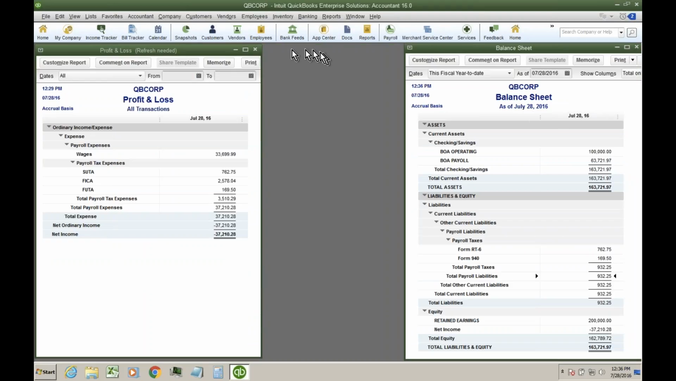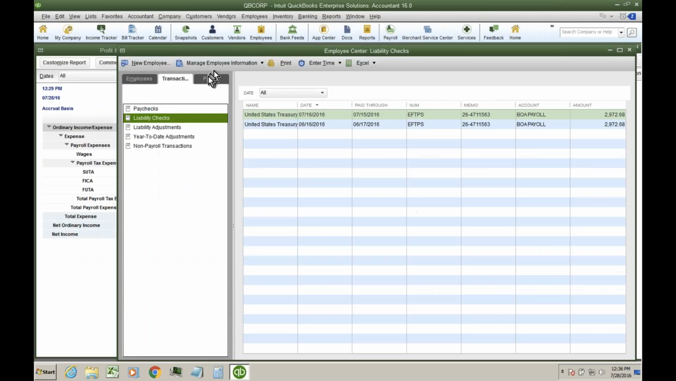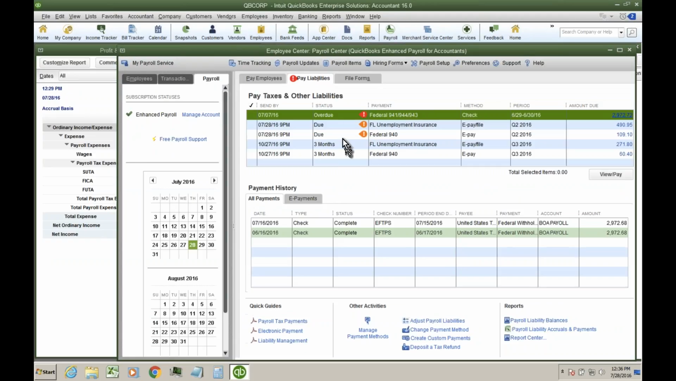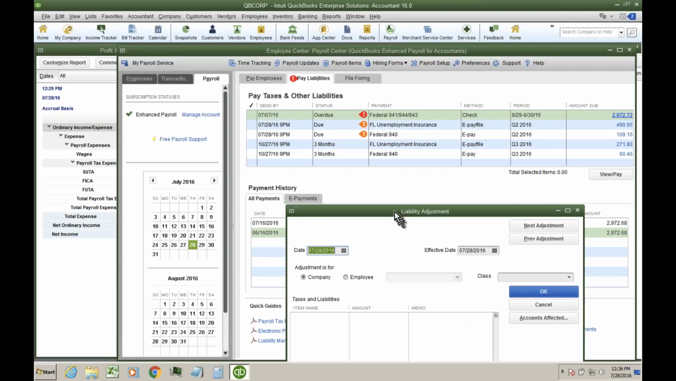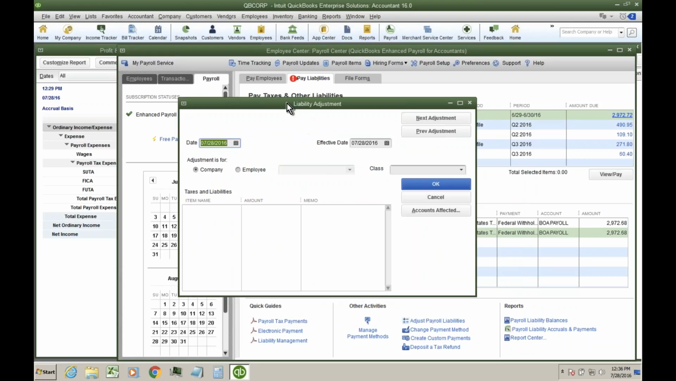So what I want to do is just make the correction. Again, I'm going to go into employees, then payroll, and then click down here where it says adjust payroll liabilities. Remember, I told you to write it down, so we're going to discuss that in a second. So we're going to click on adjust payroll liabilities, and then we're going to put